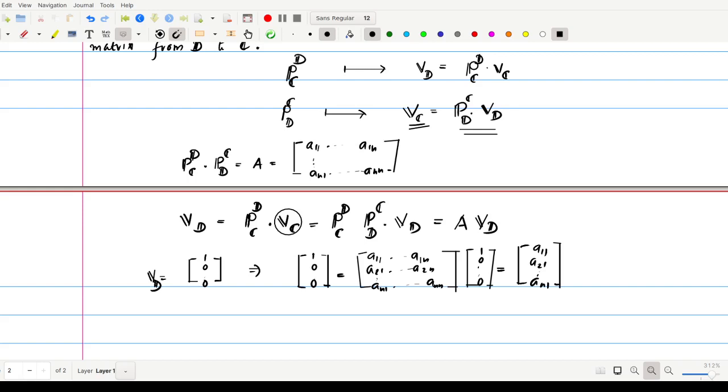That means this a11 is equal to 1 and the rest of them are 0. Okay, so from this you can write a11 is equal to 1 and all other quantities in this column matrix are 0, a21 etc. an1 is equal to 0. Okay, when you put this vd is equal to 0 1 0 0,